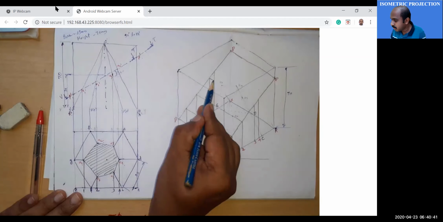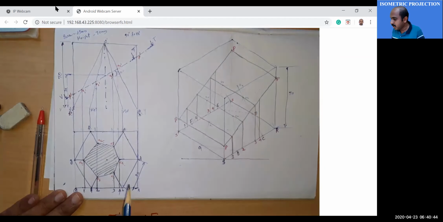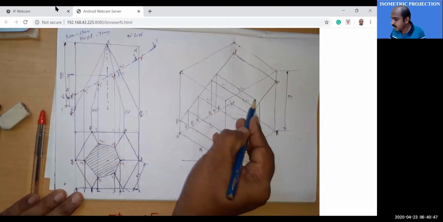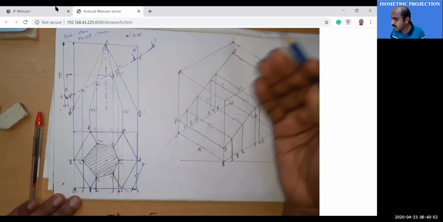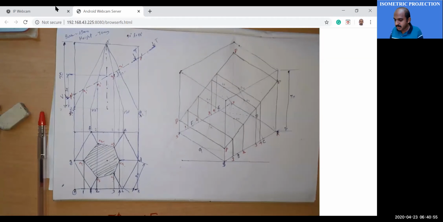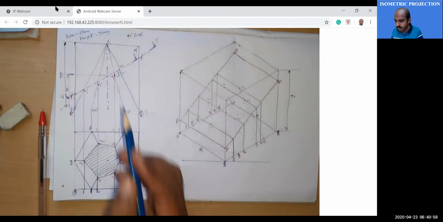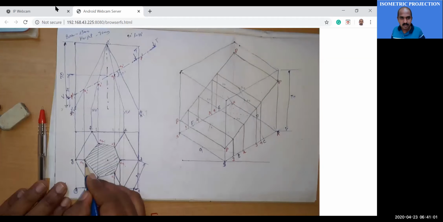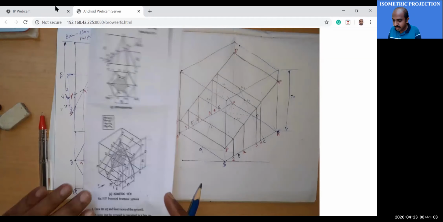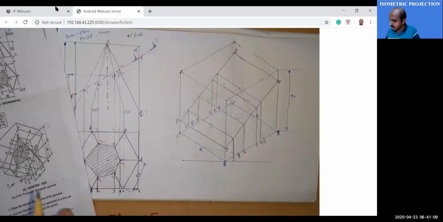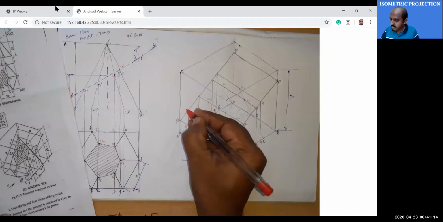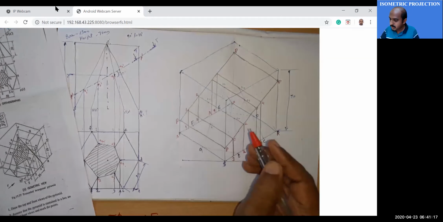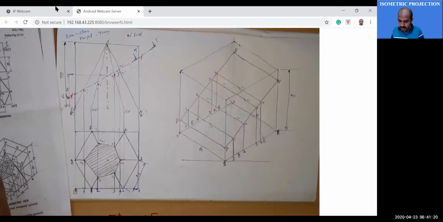Now you connect 3, 3. Then you connect 4, 4. Now what are we doing? All the cutting points are transferred onto the cutting plane PP. Now we are going to transfer A1, A2, A3 there. So you measure the distance from 1 to A1. These points are again capital 1, 2, 3, and 4.